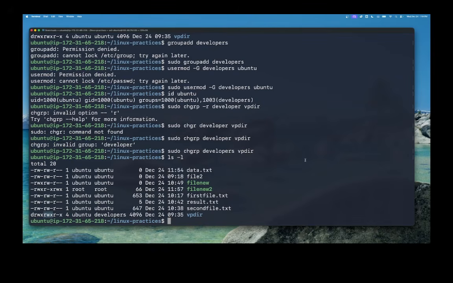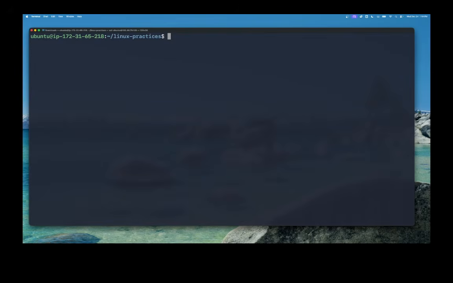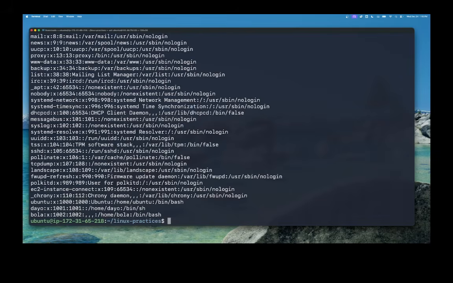So pretty much these are the things you need to play around with. I can change the owner of a file. So for instance, let me see, cat /etc/passwd. We have a user called Bola. Now